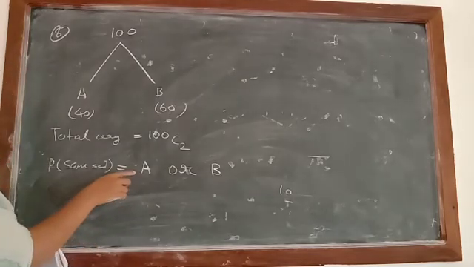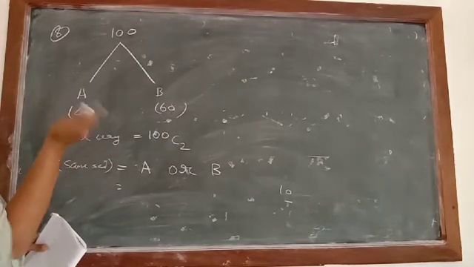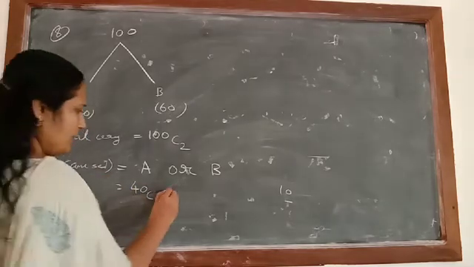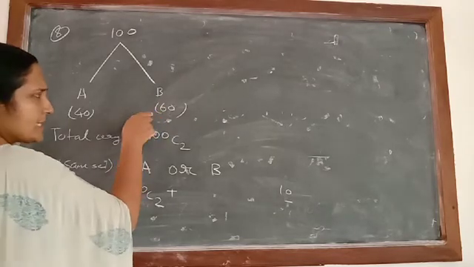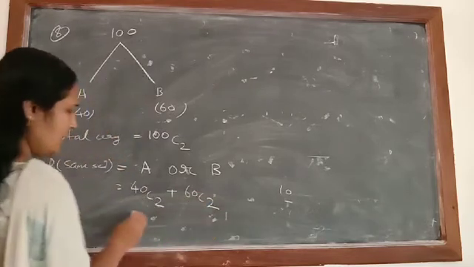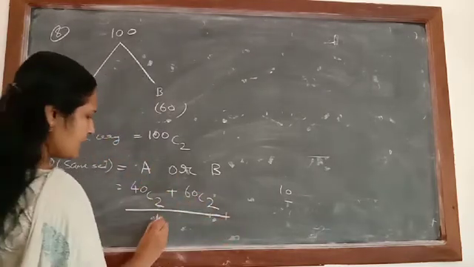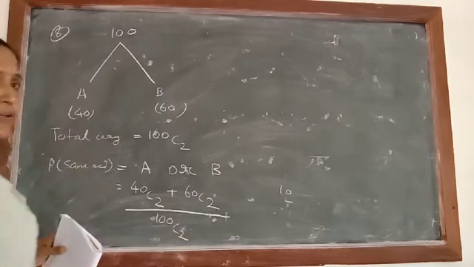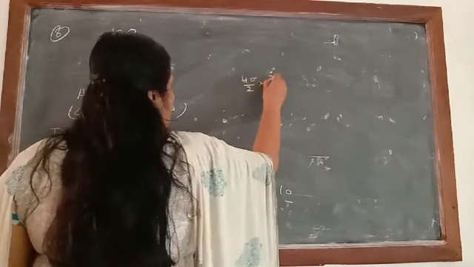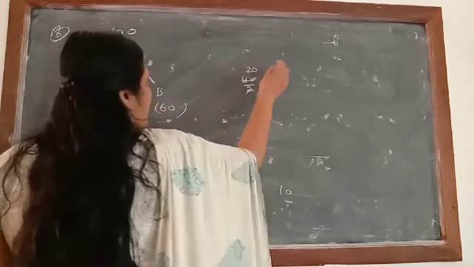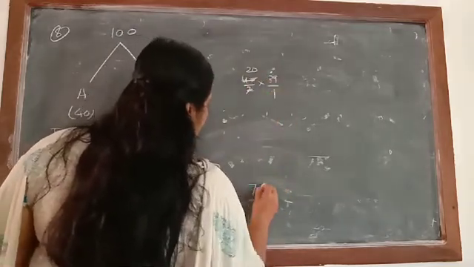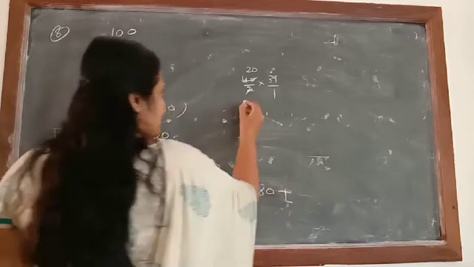So if I am in section A, it means out of 40 we have to select the 2 students already. So it will be equal to 40C2, plus, or if I am going in section B, my friend also should go with me. So it will be equal to 60C2, divided by the total number of ways of selecting 2 students, 100C2. Now we can simplify it. 40C2 can be written as 40 by 2 into 39 by 1. So it will come 2 9s are 18, 2 3s are 6 plus 1, 7. So it will be equal to 780 plus 60 by 2.